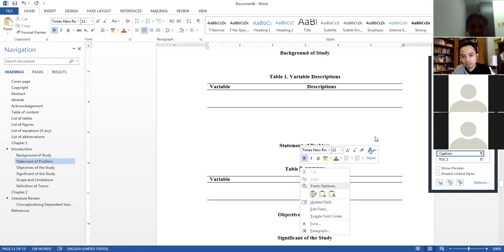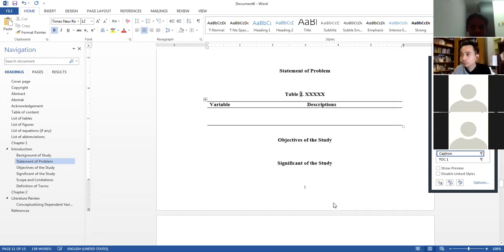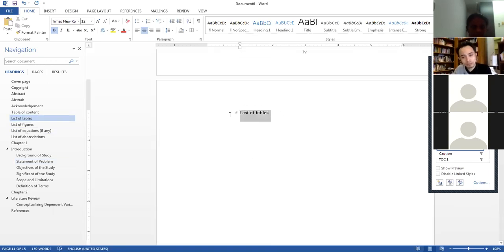After you insert the table, later you want to insert your list of tables. To insert the list of tables, we go to that page, and there we insert the page number.